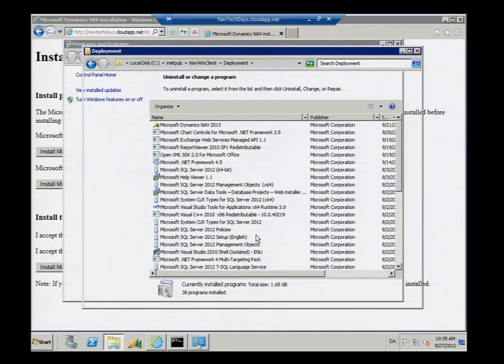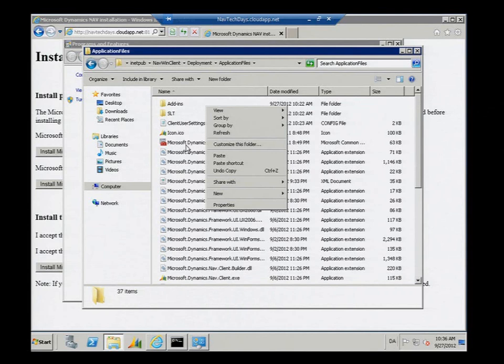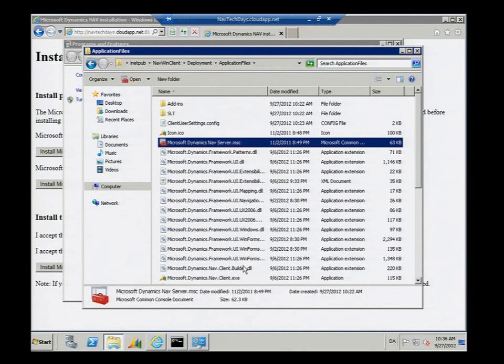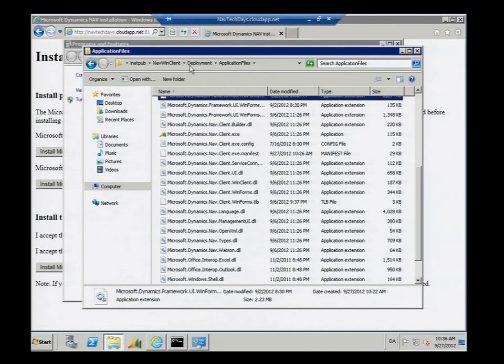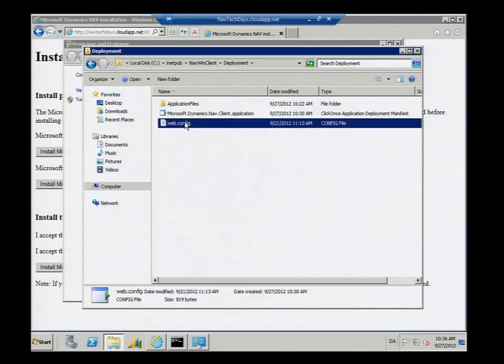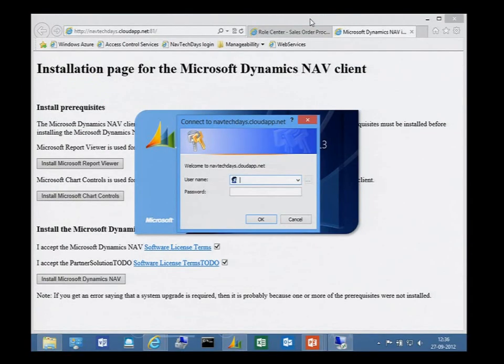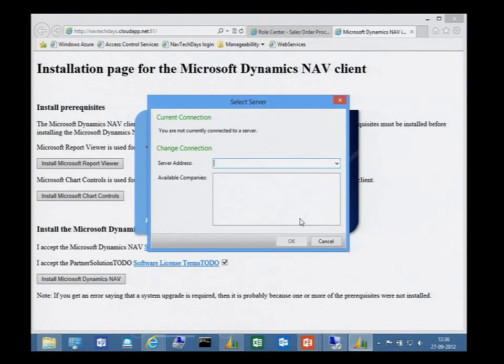So let me just quickly go through what I did again, because I want to stress that it is really simple. You see, I have all the application files that I just copied from the traditional installer. I can add additional languages here. I can add additional add-ins. I can really control everything here. Then I have an icon file, one XML file, a little bit of metadata. Outside here, I have another XML file, a web config file, and that's it. So I hope you see the simplicity of this. Okay, now it's installed. Ta-da.